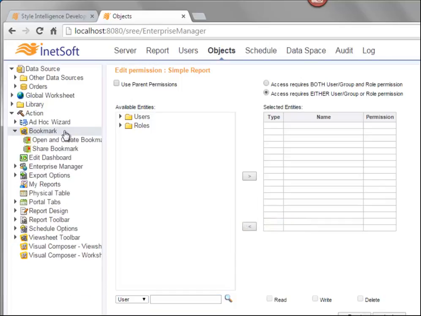The permission settings for the bookmark option determine whether individual users, groups, or roles can create and share bookmarks in dashboards. The Edit Dashboard option allows you to set permissions for which users are able to assign dashboards to the User Portal Dashboard tab. Note that this setting does not control the ability of the user to edit dashboards in